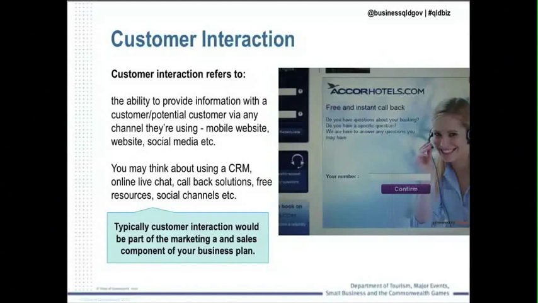I think one of the key things with this is underpinning everything that you do online with a strong CRM, meaning that if someone fills in a form on your website, all their customer information is being pushed into a CRM for future follow-up.